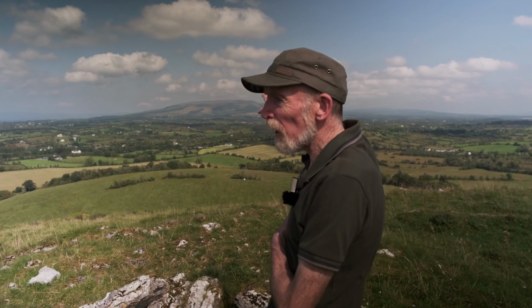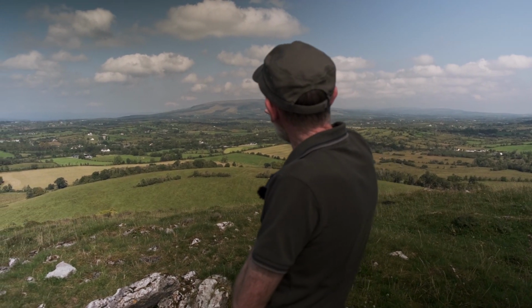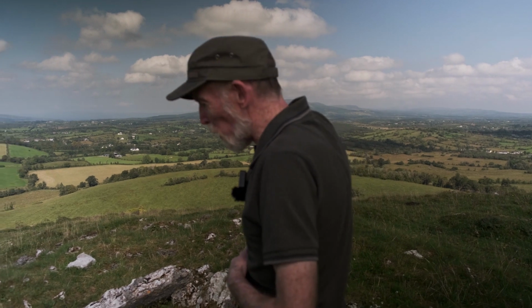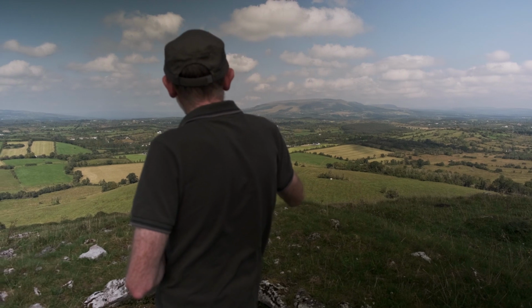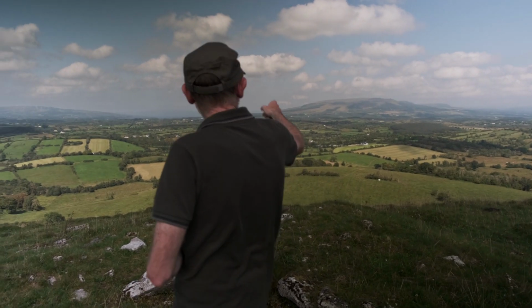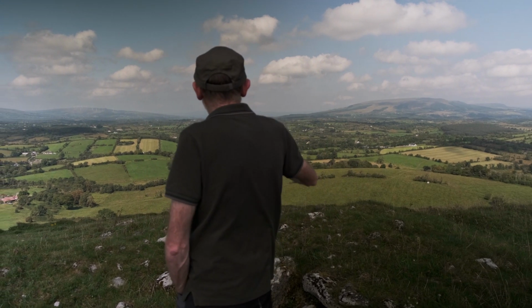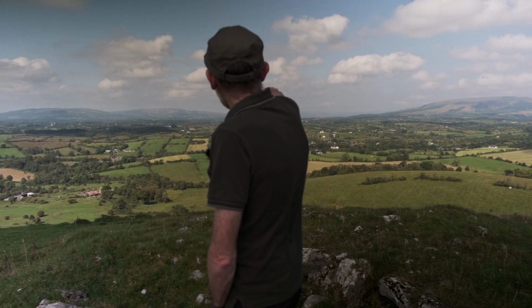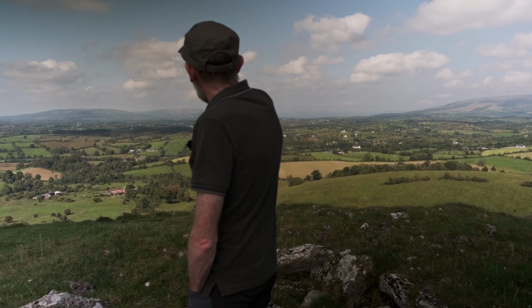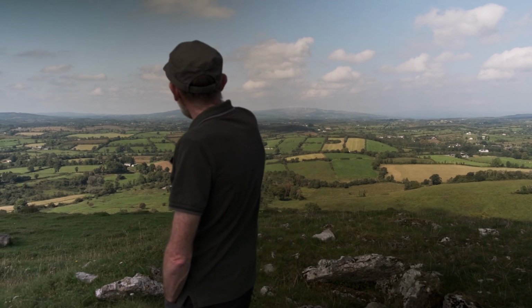Interestingly, there's no cairns on the summit of Sliabh an Iarainn. I did some work years ago on Slieve Donard in County Down, and on a clear day you can actually see Sliabh an Iarainn from the Mourne Mountains, which is pretty unbelievable. Then you're coming down into North Leitrim, you can see Lough Allen in the haze, over to Arigna, the wind farms in Arigna Valley, into Kilronan Mountain,